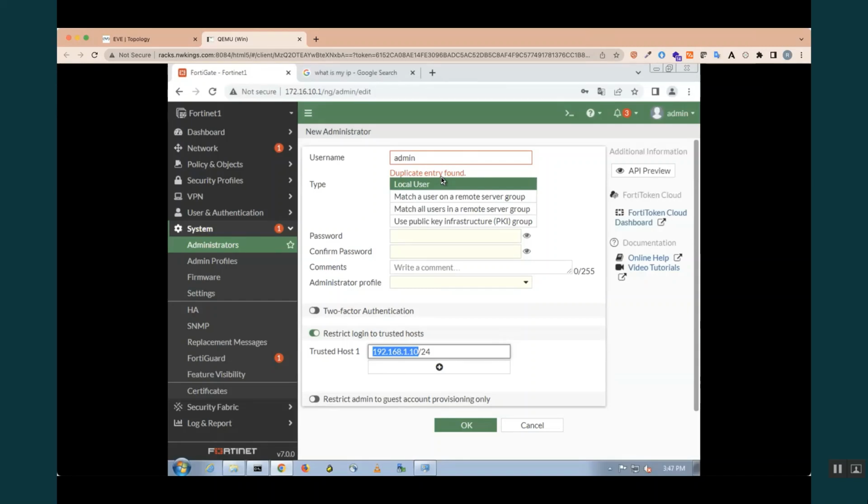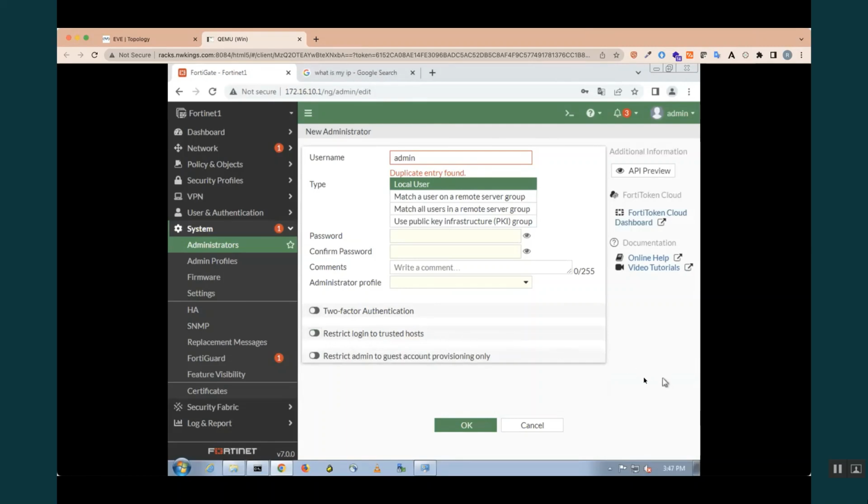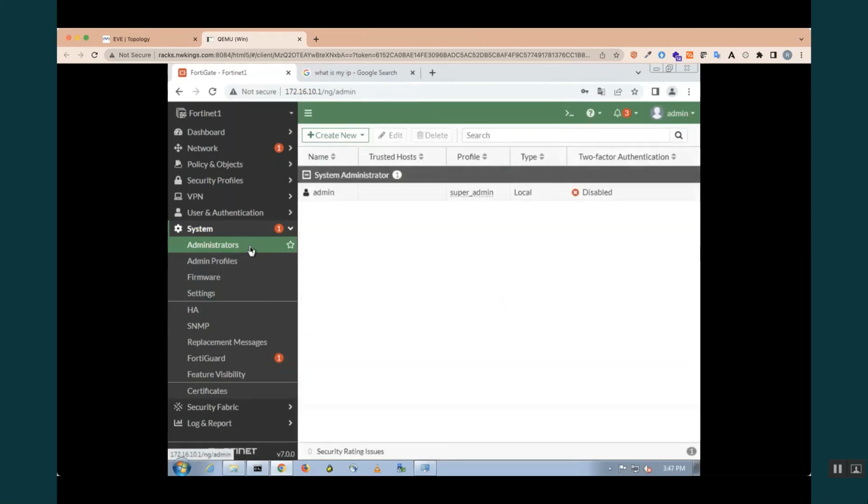Source can be from any source. Let's say we don't have this restriction, we take the default scenario. If you don't restrict anything, source can be any and destination is your firewall management IP.